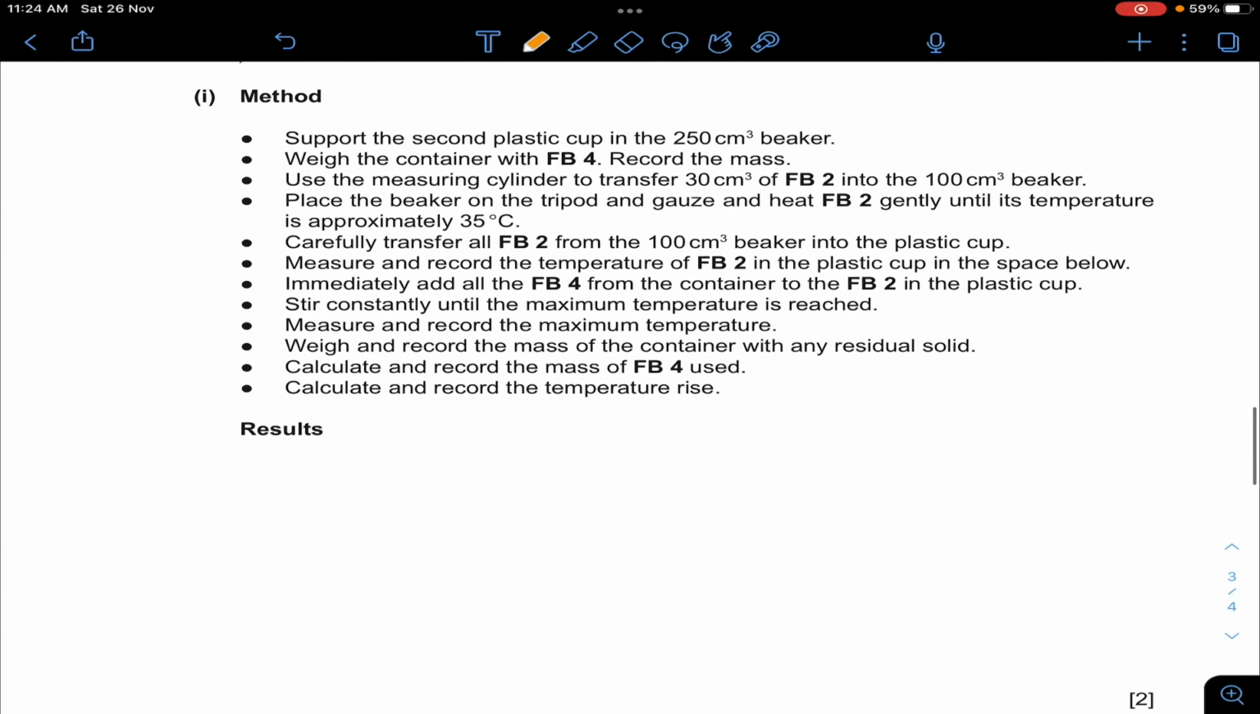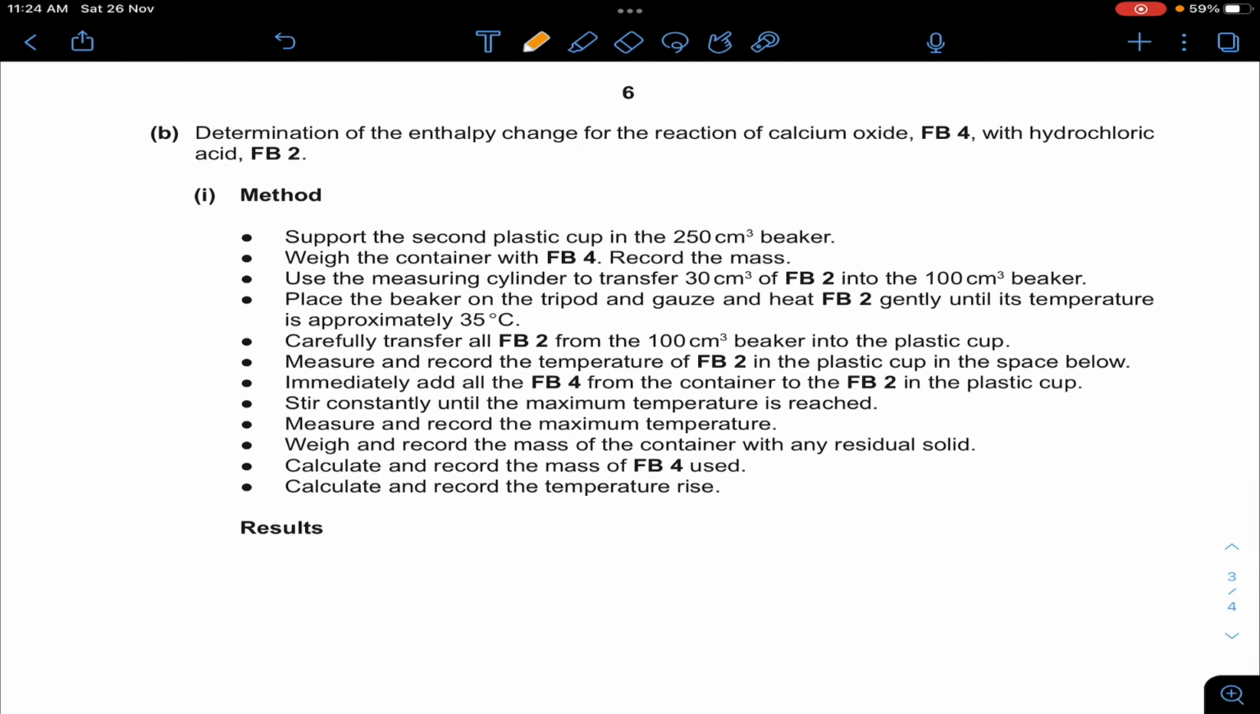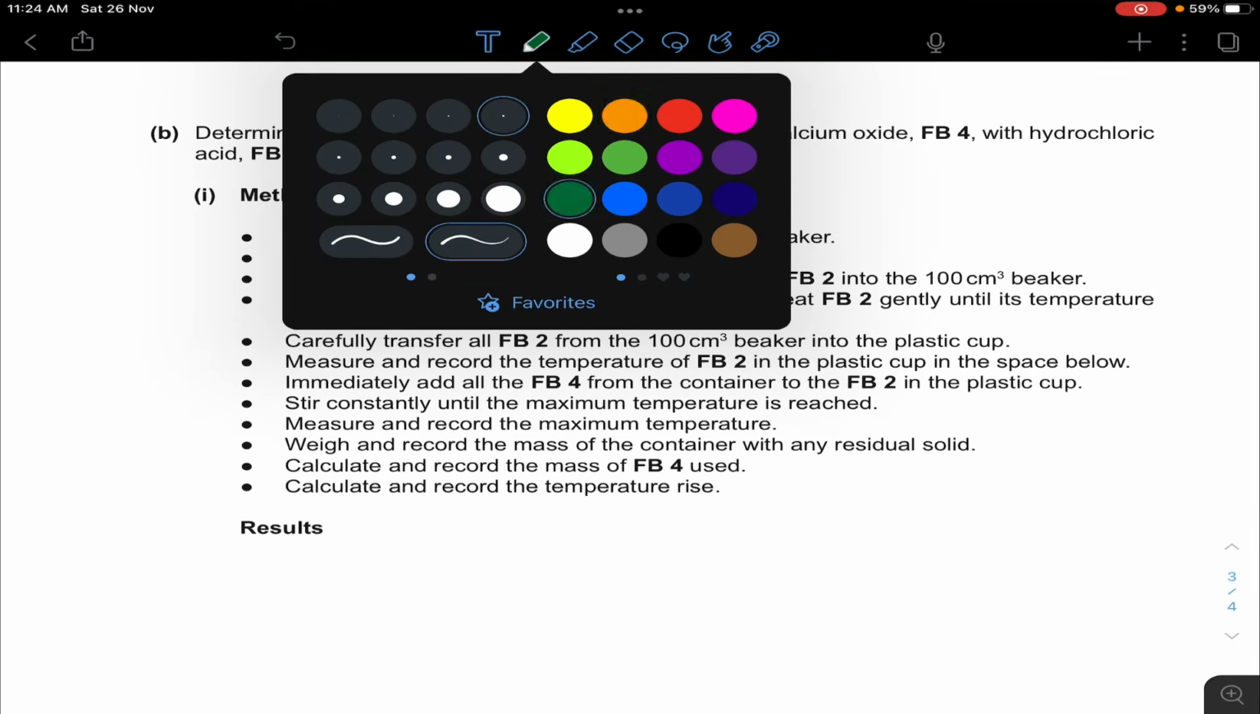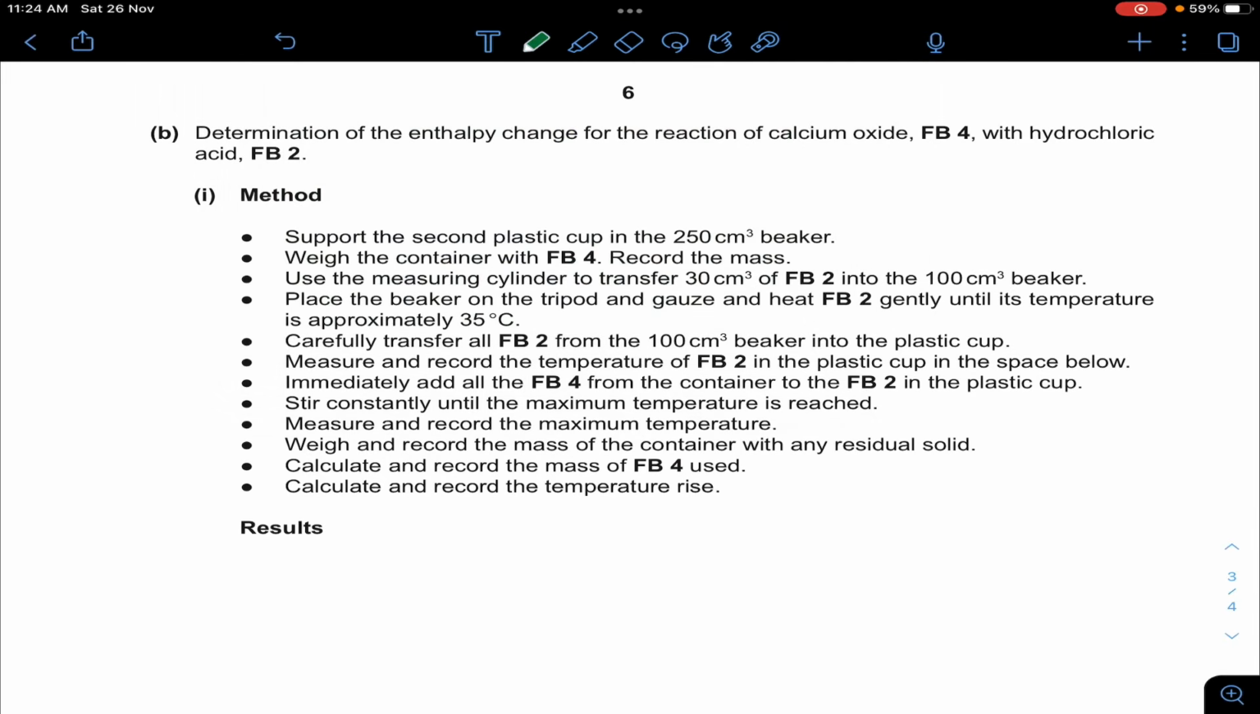In the second part, we have to do the same experiment, but this time we are going to take calcium oxide. So the procedure would be almost the same. Support the second plastic cup in the 250 cm cube beaker. Again, weigh the container with FB4, but this time FB4 is calcium oxide. So the mass of calcium oxide that I get is